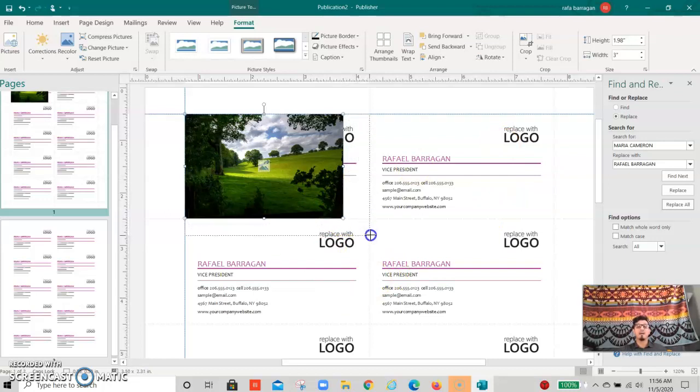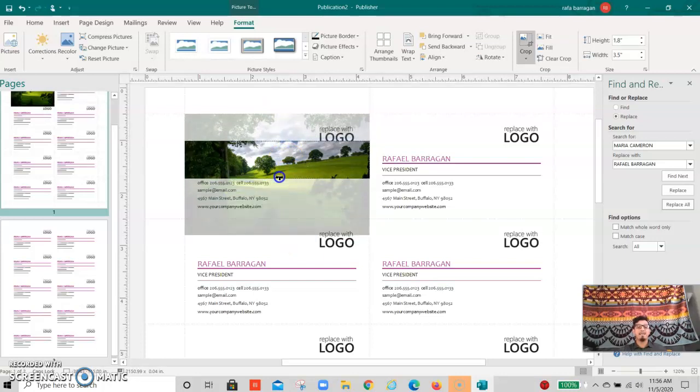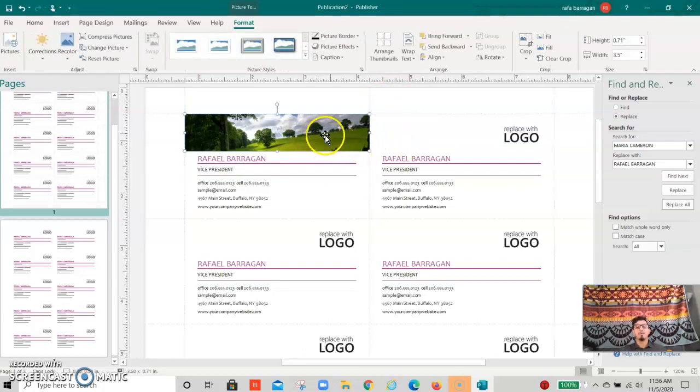So for instance, if I take this picture and resize it to about the size of the business card, I can crop it and only show part of this picture in my business card, maybe as a top band, right? It can go up on the top. Once I click away, you see that I have a picture that looks like this, and I can put that on every card, right? So remember, the logo is still there, so I might have to send this picture to the back. So remember, where do you go for that? Well, you go over here, you go to Send Backwards, right? And you can send it all the way to the back, just like that. That way your logo will still be there,